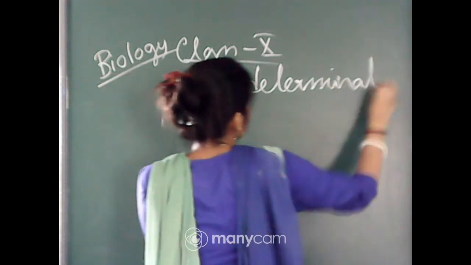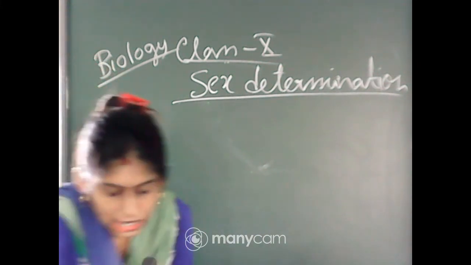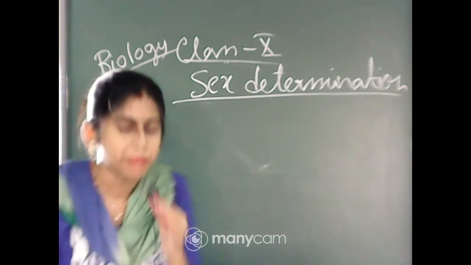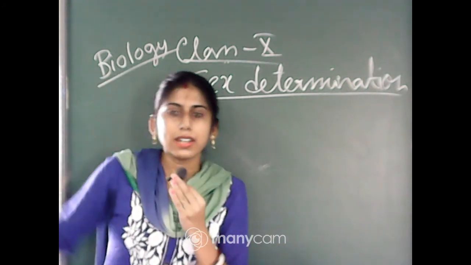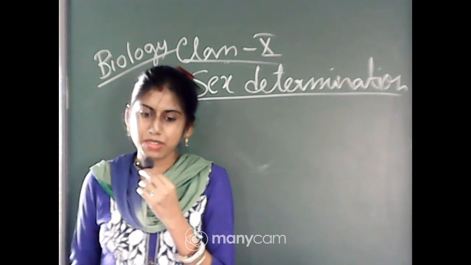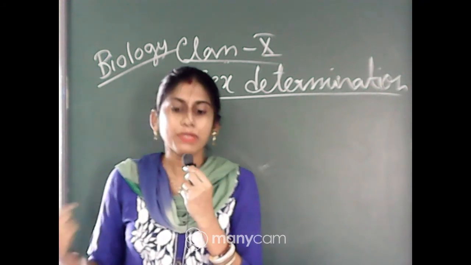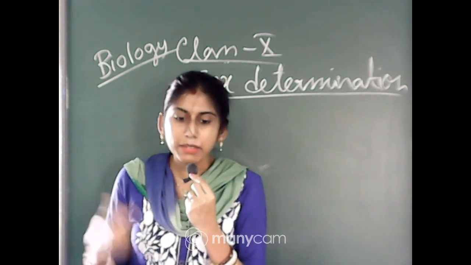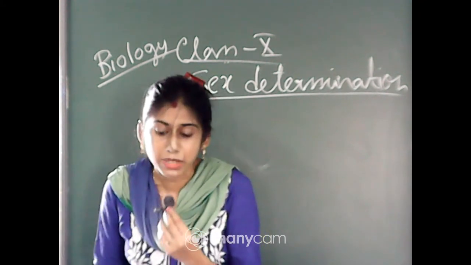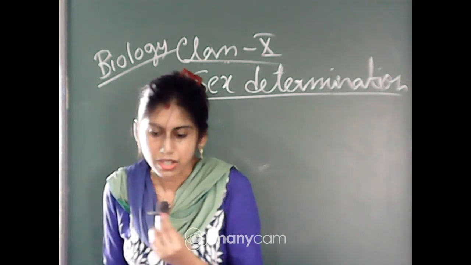You know that one also, because I have discussed it in the previous chapter. In the case of human, as we know, male and female bodies are different, which means humans are unisexual. Male and female have different structures of the reproductive system. From the female we will get the egg or female gamete, and from the male we will get the male gamete or sperm. So what will be the possible genotype combination that determines whether a baby will be a boy or girl? How can this be determined? We have to know this.